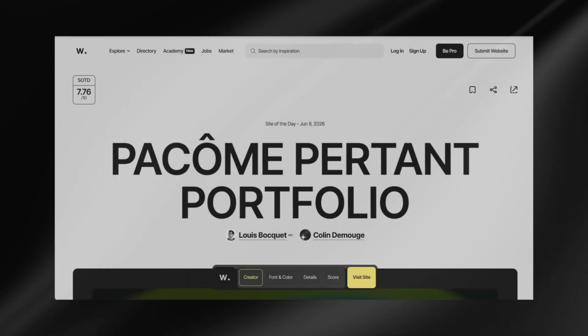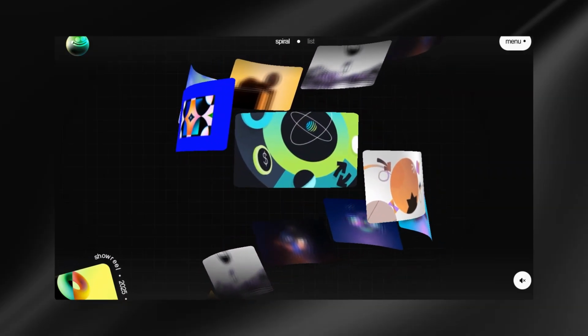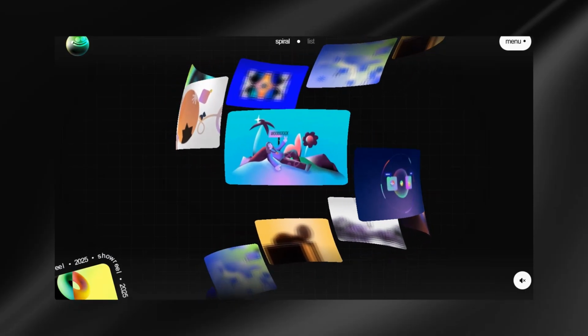Recently, I came across this portfolio website that won Site of the Day on the 9th of June, and one section immediately caught my attention. It features a vertical spiral of images that continuously rotates in 3D. As you scroll, the spiral speeds up, slows down, and smoothly responds to your interaction, making the entire hero section